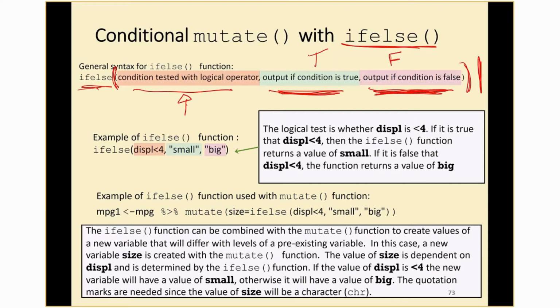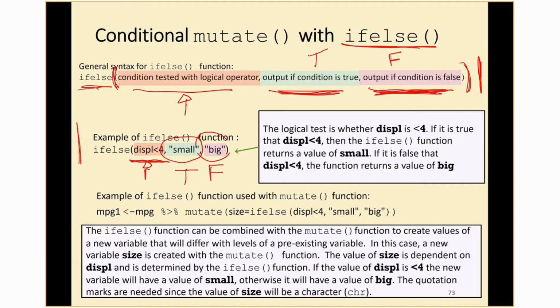So here's an example of the if-else function. The logical test comes first. What the if-else function is going to do is look at every record in the data frame, and it's going to ask this logical question: is the displacement less than 4? There's only 2 possibilities, true or false. If the displacement, in fact, is less than 4, if the logical statement is true, then the if-else function will return the word small. Alternatively, if the logical test is false, then the if-else function is going to return the